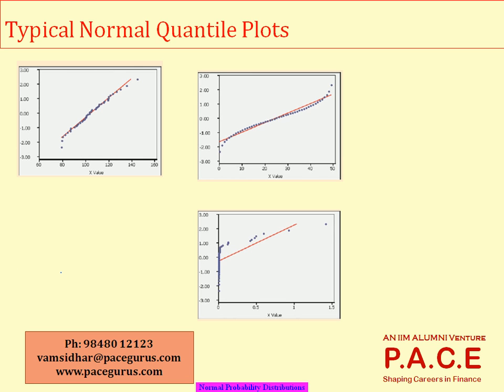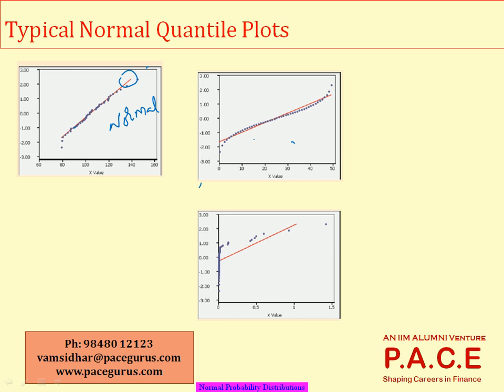Look at these values. There are three types of normal quantile plots I am seeing here. Here if you see, all the points are very close to this red straight line. Very slightly deviating here and there, and I am not able to observe any kind of patterns in the data. So I may very well say that this kind of data is still following a normal distribution.